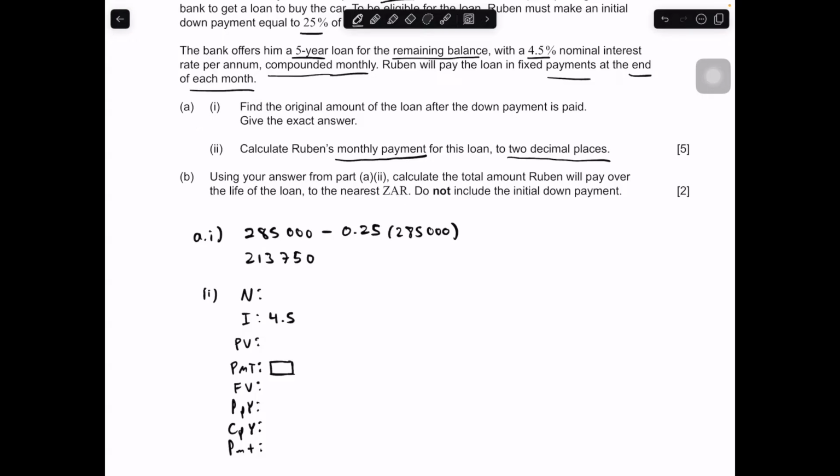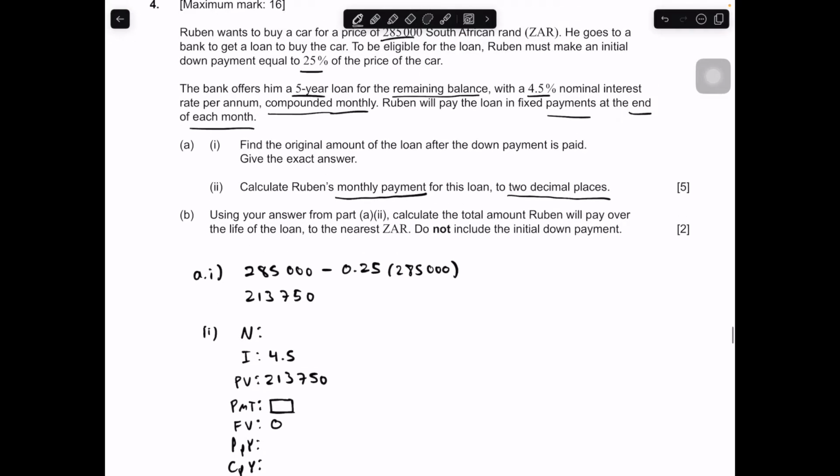The present value of the loan is, in this case, the loan that he has received from the bank. He didn't take out the whole $285,000. The bank has just given him $213,750 rand. And we keep this as positive because this is money that he has in hand. This is money in the individual's possession. The final value of the loan is going to be 0,